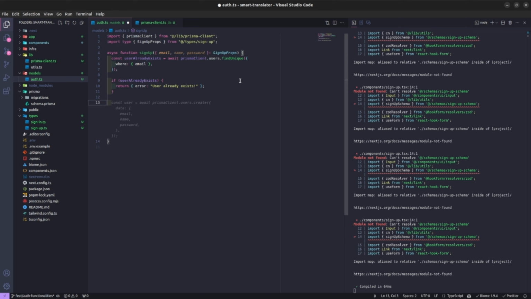If not, I'm going to generate the encrypted password and store it in the database. So to do this with password, I have some options, but what I will use is